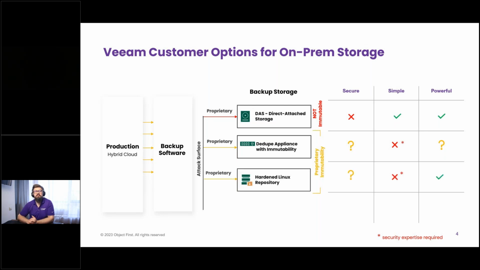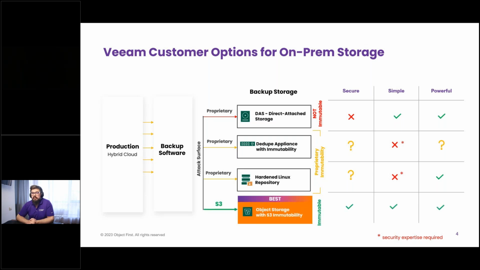Hardened Linux repository is a very efficient option. For some guys it's simple, just like directly attached storage. However, you should take into consideration some Linux best practices, like manual credentials verification. In terms of security, it's hardened, not immutable, so there is a risk of privilege escalation to the root user. In terms of performance, no issues here. It's like directly attached storage. The Veeam data mover service will be installed directly into the Linux operating system, and it will utilize all available CPU cores and RAM for backup and recovery processing, right?